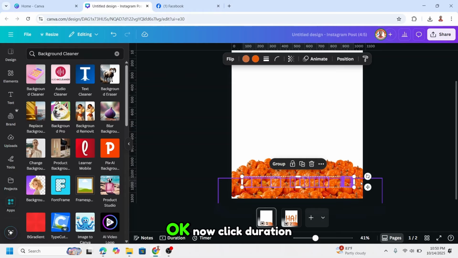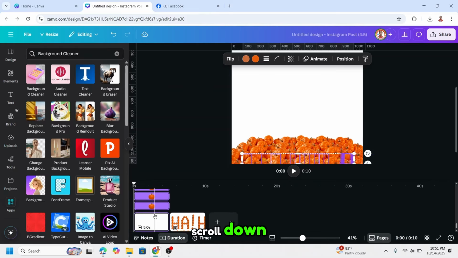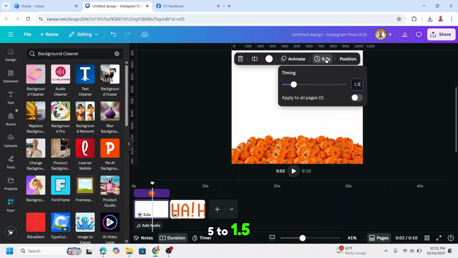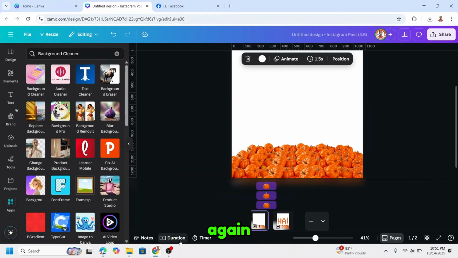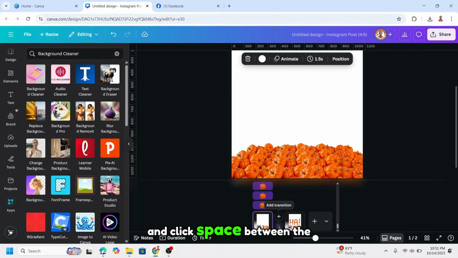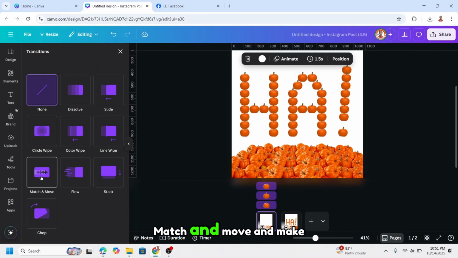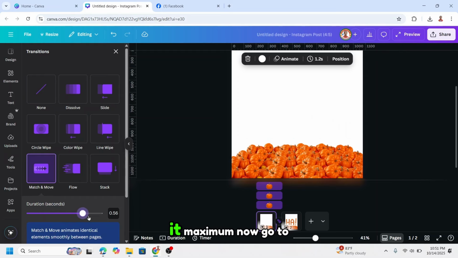Okay. Now click duration, scroll down, click here, and change the 5 to 1.5, enter, and then click the duration again, and click space between the pages, click add transition, match and move, and make it maximum. Now go to page 2,